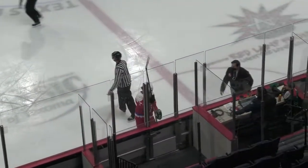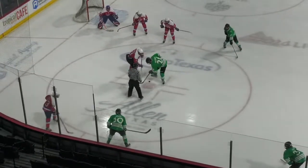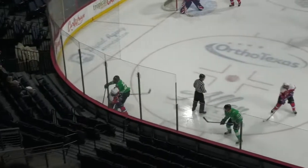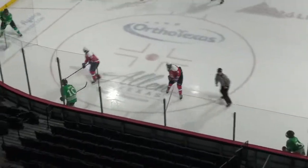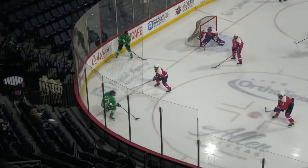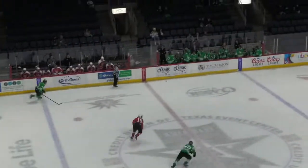I believe that is Thompson, who was already in the box earlier on the early power play for the Mean Green, but he'll go back to the box, and we'll have a 2-minute power play, see what the Mean Green can do on this one with a response after 2 unanswered goals by the Mustangs after the Eric Eaton power play goal. Here's Demers in the corner, has time and space, finds Reed on the point, and that gets